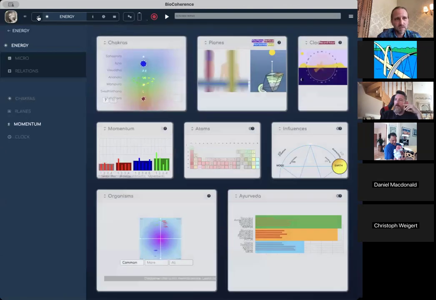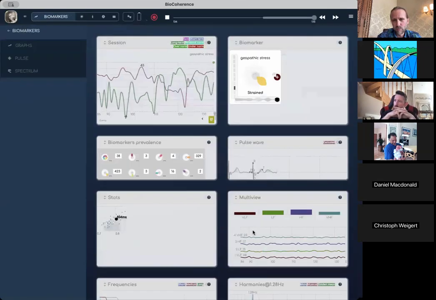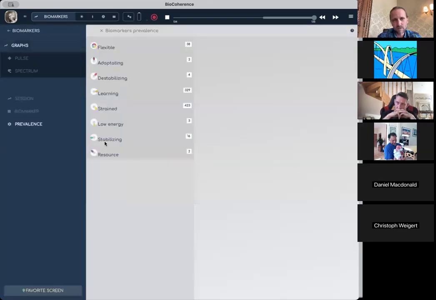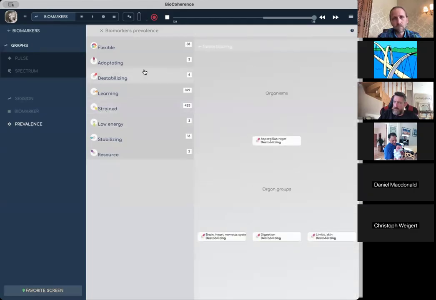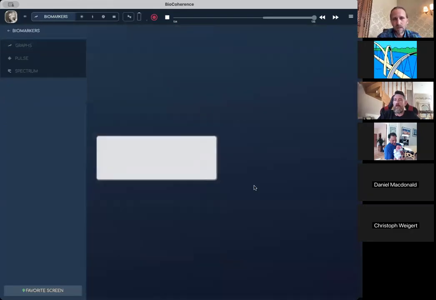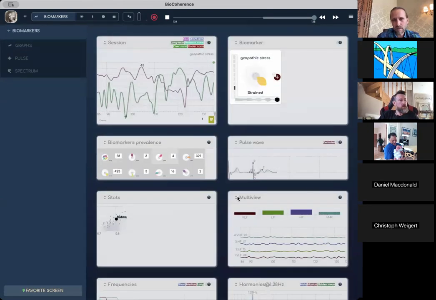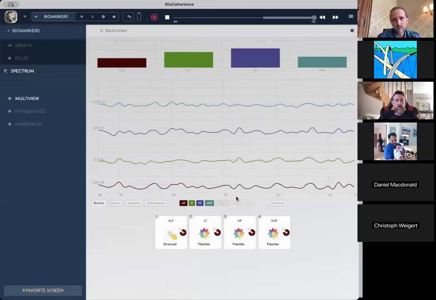And the one that you don't have yet, but will come soon, is the new multi-view that is here. If you go to biomarkers, which is the technical part for the analysis, you have the biomarker prevalence that you all probably saw in the latest version. You can see all the biomarkers that are grouped in a specific state. This is very useful to get an overview of what is happening in this particular system. But in the next version that we'll get in a few days, you will now have the multi-view. And the multi-view is very interesting because you can compare several variables across the whole